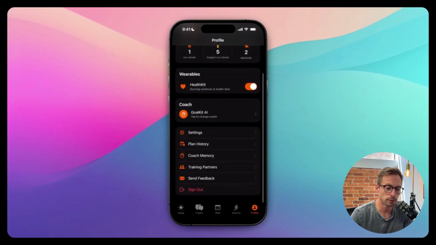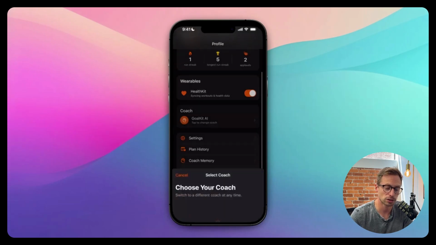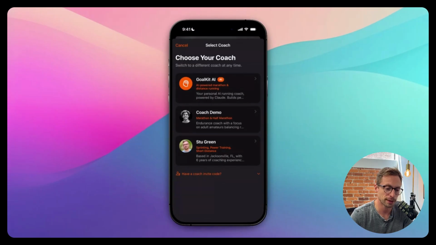And then down below that, we can see the coach panel here. The main revenue driver with this app is going to be being able to select not only an AI coach, but a human coach too. So when you click on the coach button there, we can actually see all the human coaches, and that could maybe be a marketplace or something like that where coaches can come in and be selected.